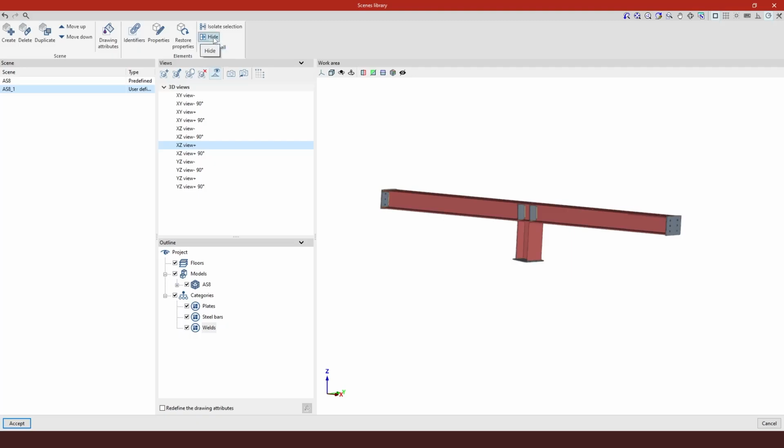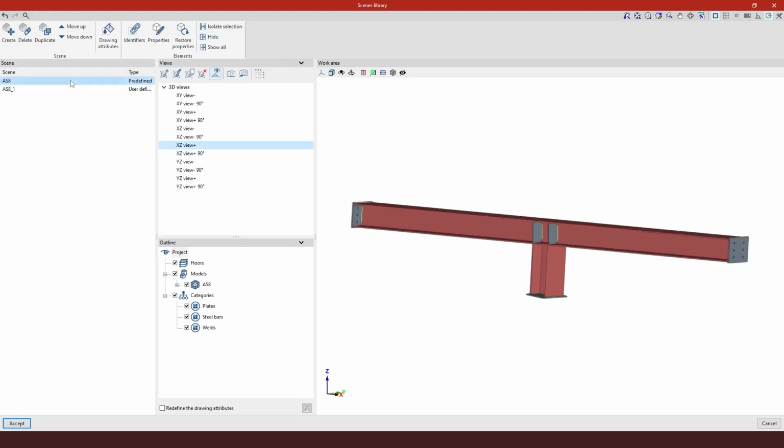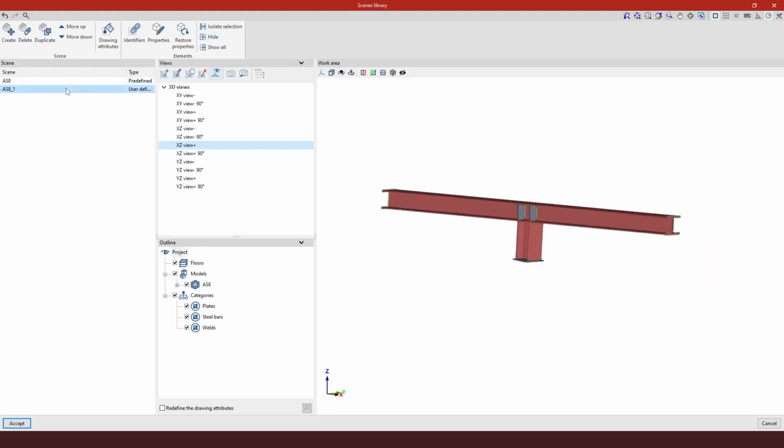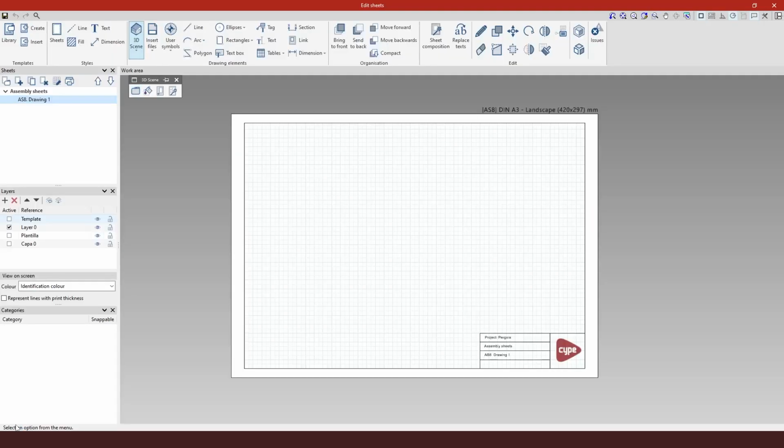And hide is the inverse and the opposite to isolate selection. It's going to hide the element that we select. So whatever we select is going to disappear from the scene, in this case the plate. To be able to demonstrate this, let me, for example, hide both these and plates, and we will be able to tell the difference this way between the one that is complete and the scene that doesn't have those plates. We're gonna click accept,